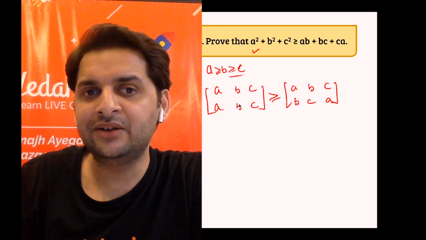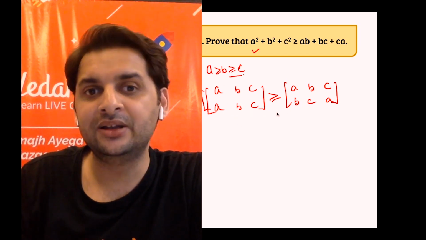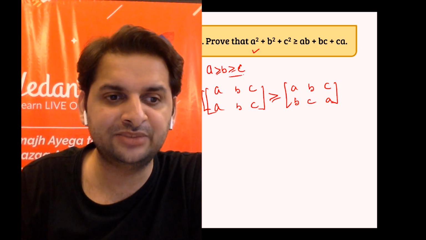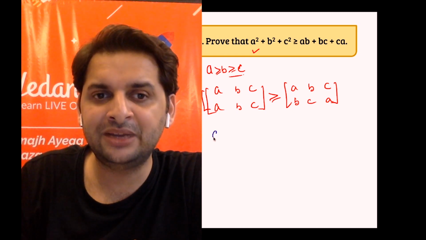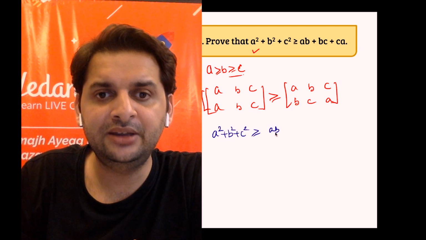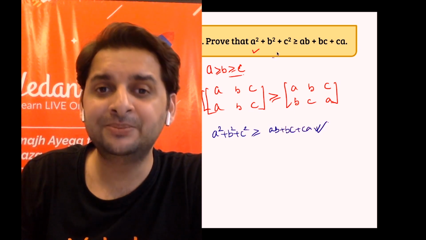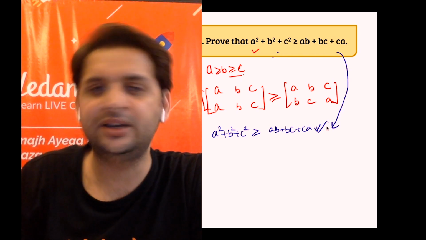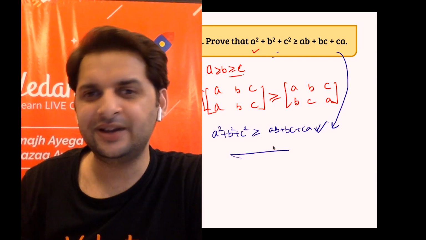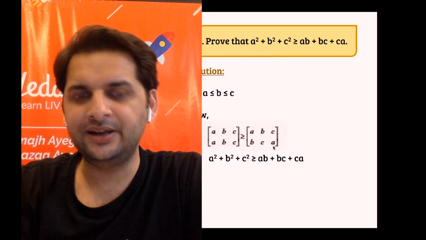So by rearrangement inequality, both sequences were in the same order, decreasing. This would always be greater than or equal to any other sequence. This is what rearrangement inequality says. And if you just multiply this, so a square plus b square plus c square would come out to be greater than or equal to ab plus bc plus ca, and this is what we need to prove. So again, see how simple the proof has become by using rearrangement inequality. And this is pure logic, no mathematics involved as such. Right, so no formula involved, only logic. Right? Alright, so this is the answer.